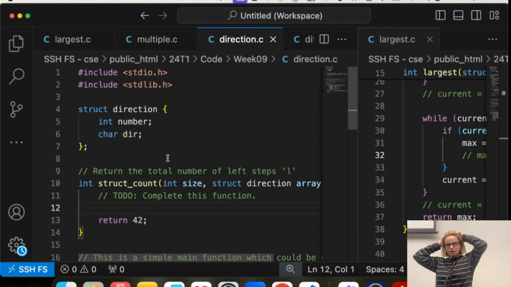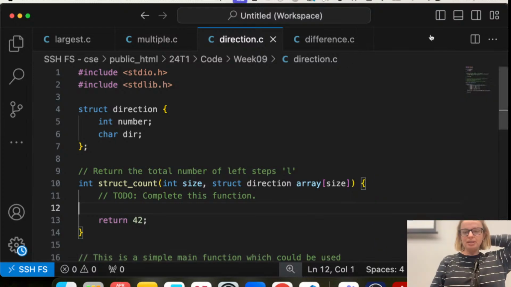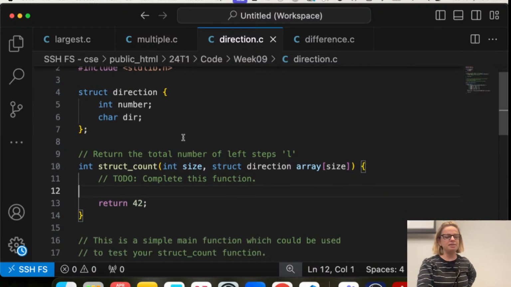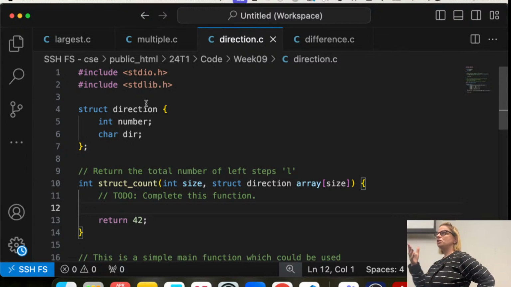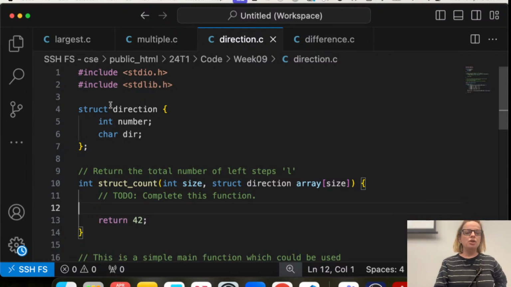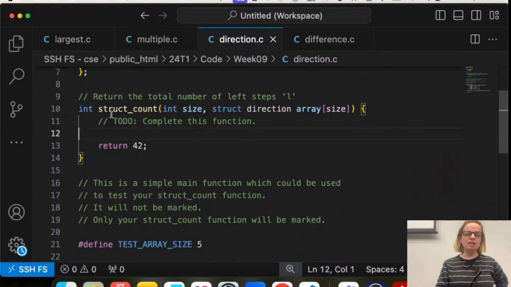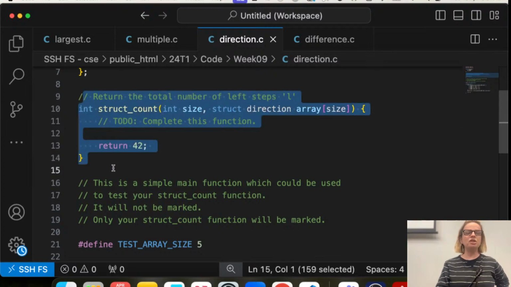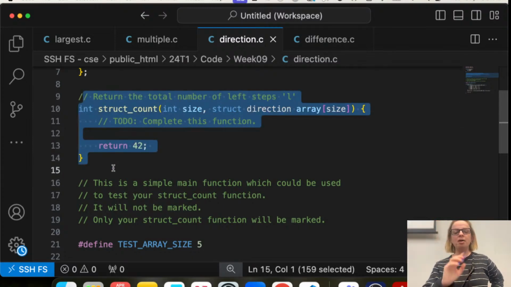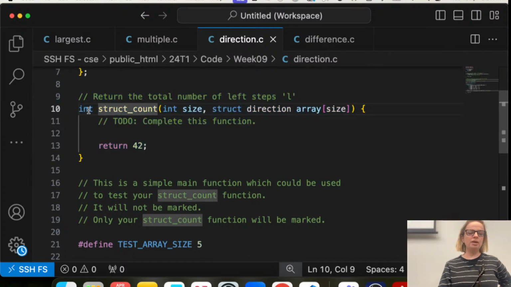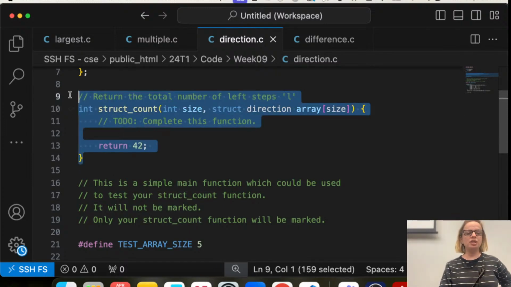So for the array question, you're going to get something that looks like this, potentially. What you'll get if it's a struct, and not necessarily if you don't have a struct, the next one I have as an example doesn't have a struct, so it allows you to see what it looks like without a struct. This one has a struct, and it will have the function that you want to be modifying, okay? And this is the only function, again, that you need to change.